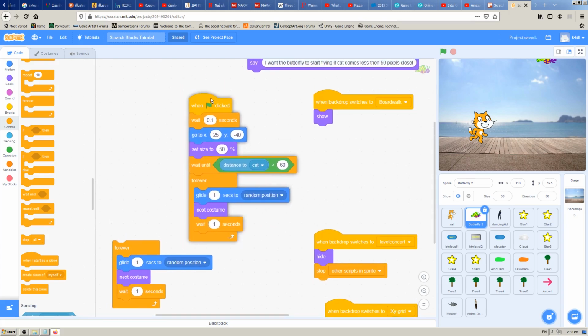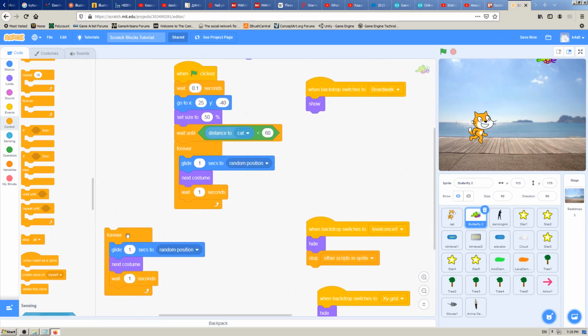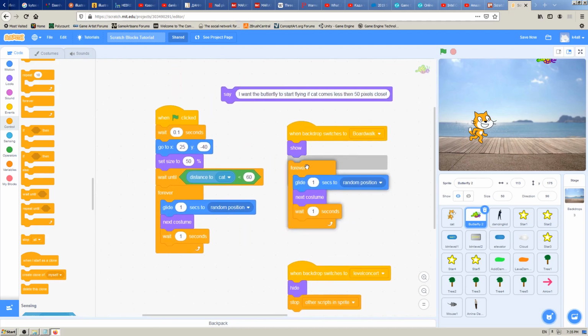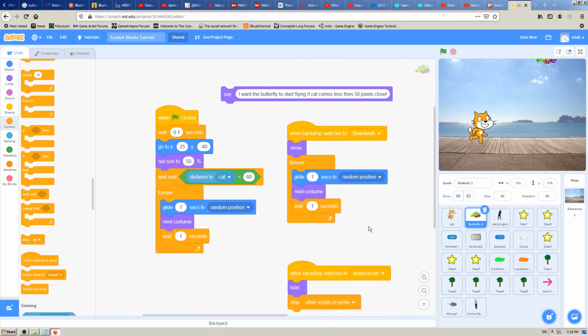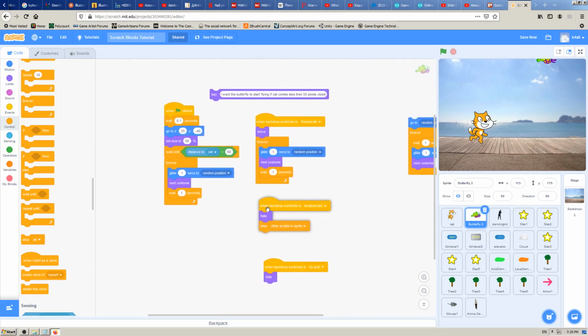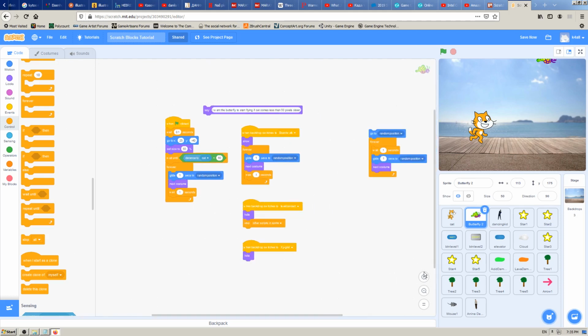So this was what we had before, and what I want to do here now is just the butterfly to keep on moving forever. I think this is ugly maybe because there is lots of code, but I think this solution will work. Let's see. Oh no, yeah. It again starts forever. We don't want that. We want